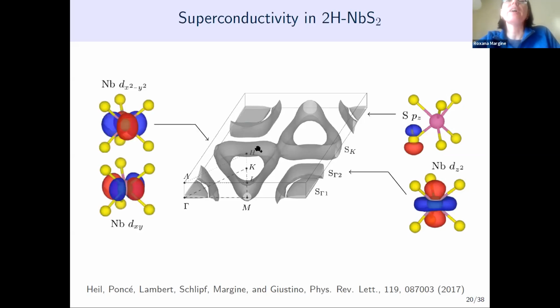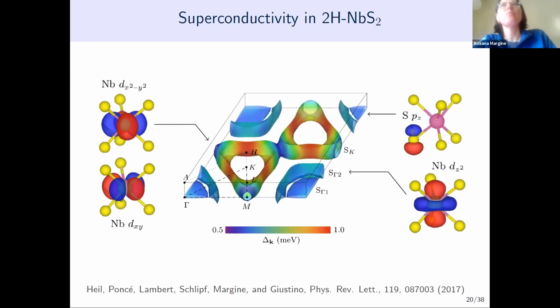And then we have a triangular surface centered around K, and this originates from niobium in-plane or d in-plane orbitals. So now if we look at the calculated superconducting gap on the Fermi surface, we can see that the gaps on the gamma Fermi surfaces have a narrow distribution, below 0.6 millielectron volts, while in contrast,